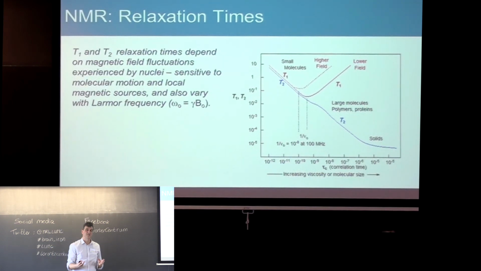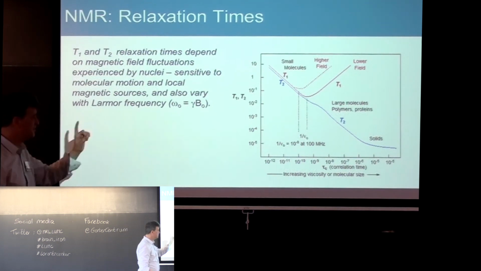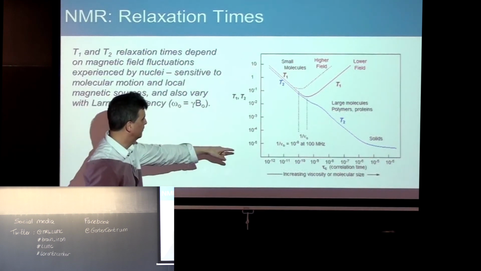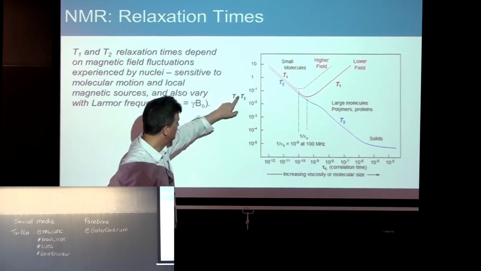And those fluctuations are driven by molecular motion, and they're also affected by the strength of local sources of magnetic field. So two different things. Molecular motion is important, and sources of local magnetic field both affect the relaxation times. But just thinking about the molecular motion effects,